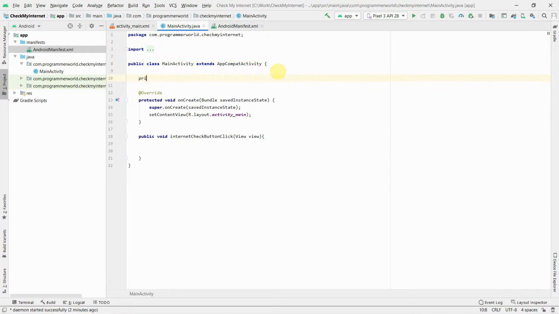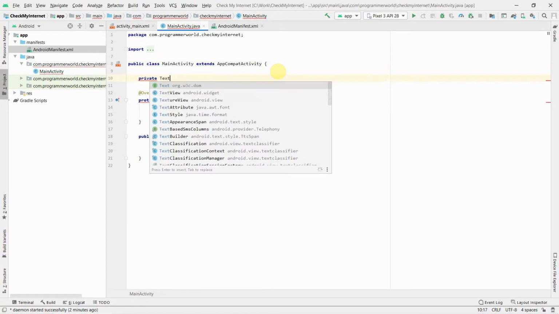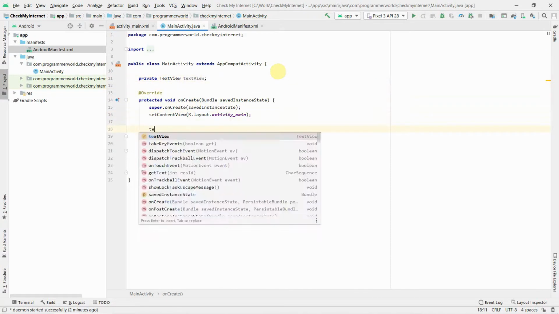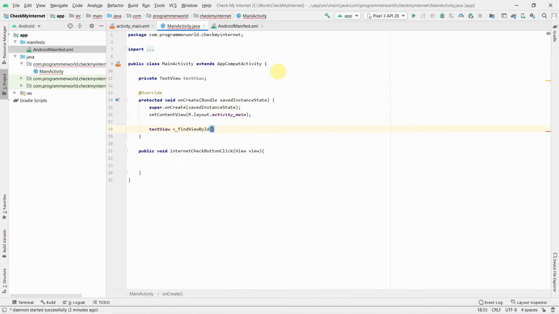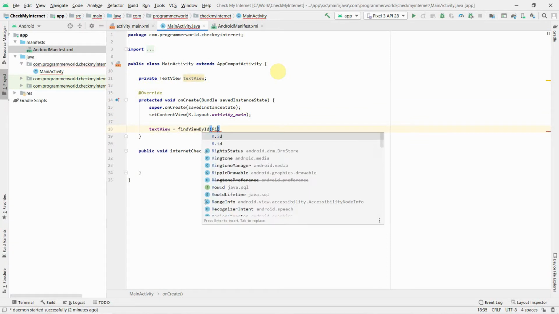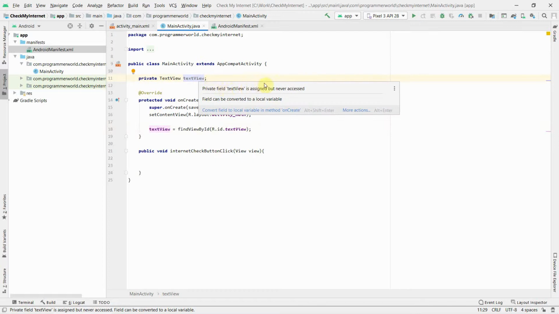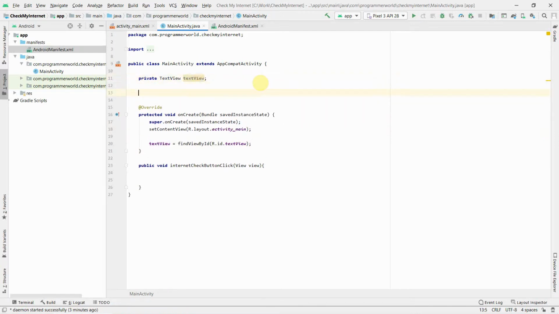Also, before I begin, I'll quickly create a text view private class variable, and then I will associate this text view to the text view in our XML or design. The warning says the private variable is assigned but never accessed. That's fine, we'll access it later on.